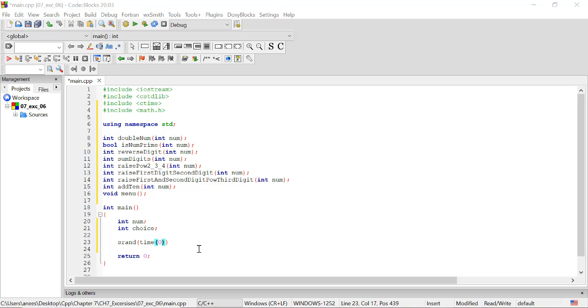Now, you may be wondering what in the world this means. Actually, let me take a step back. Using the srand function on its own, without using the time(0),